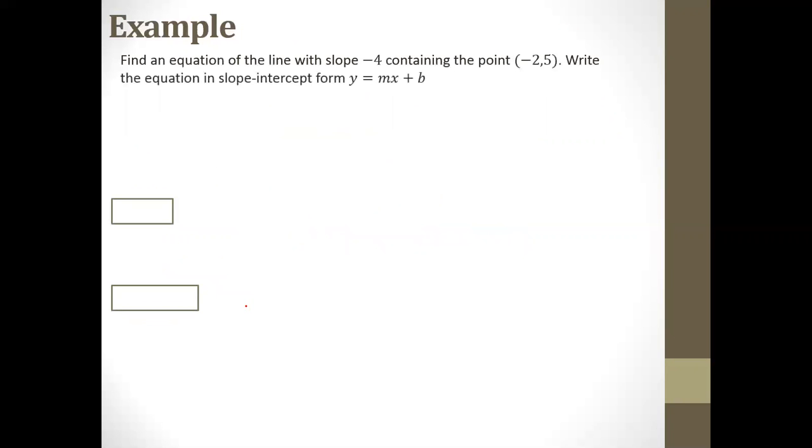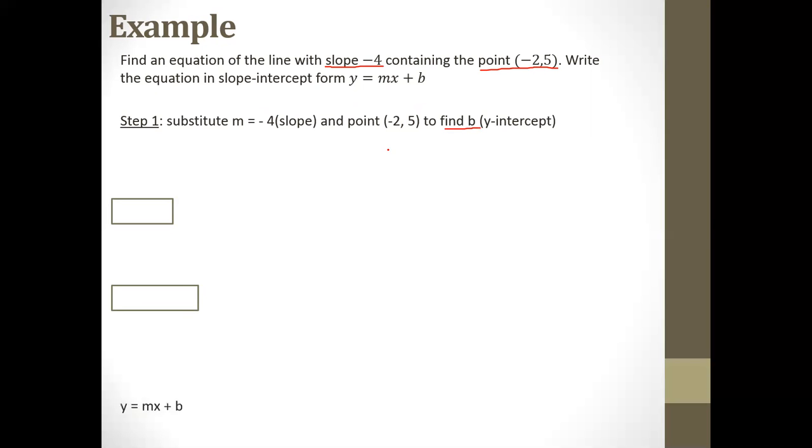In the next example, we're going to find the equation of the line when we're given a slope of -4. So m equals -4. And it contains the point -2, 5. So we're going to use our slope, our m is -4, and the point -2, 5. To find the y-intercept, this is another method we could use. First, we would start with the slope-intercept form of the equation,